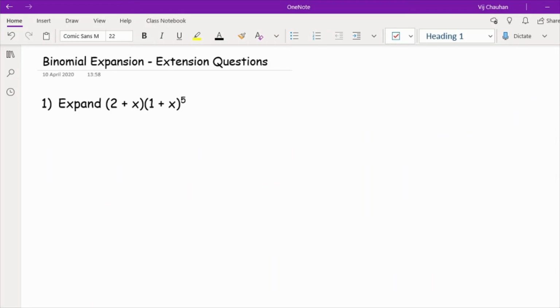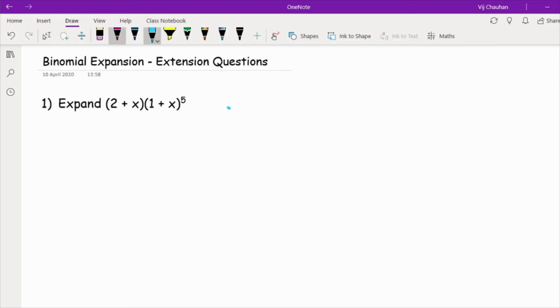So what we do now is go through some extension style questions once you are happy with what we've done so far. In this particular question we've been asked to expand 2 plus x multiplied by 1 plus x to the power of 5. As you can probably appreciate, this part here is our binomial expansion. So what we first need to do is expand that out first. As it's 1 plus x, what we can do here